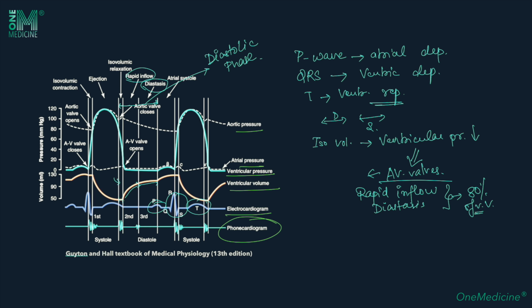Next, what happens? Now the P wave has come, so it will lead to atrial depolarization, as a result of which we will see atrial contraction. This depolarization will lead to atrial contraction, okay? As a result of which, what will happen? You can see there is a steep rise in the atrial pressure, and it will lead to the rest of the 20% filling